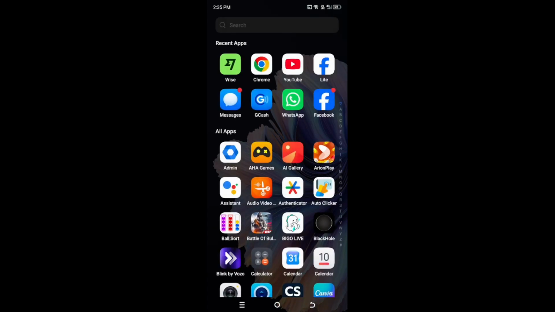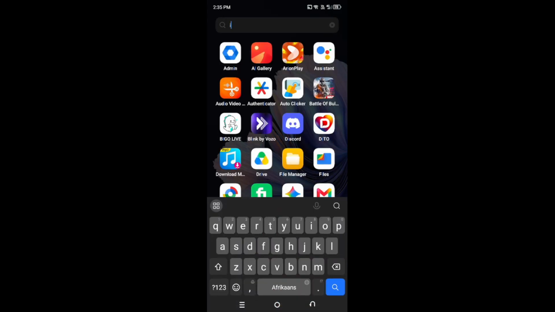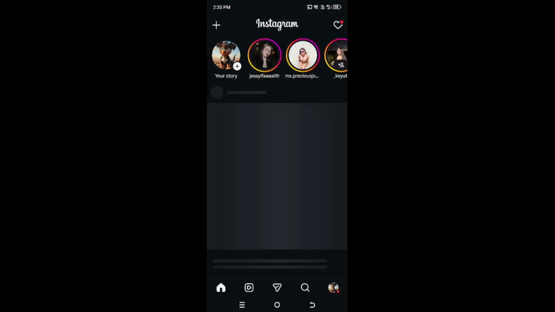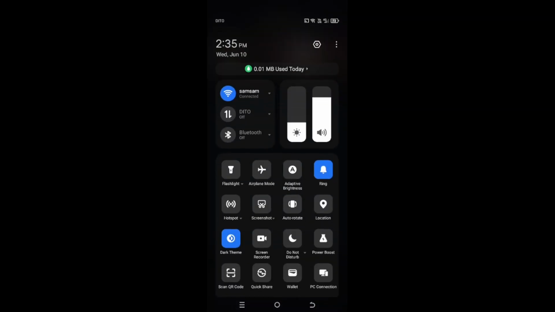First, grab your phone and open the Instagram app. Make sure you're logged into the account you want to go live from. It also helps to check that your internet connection is stable, either on Wi-Fi or mobile data, so your stream